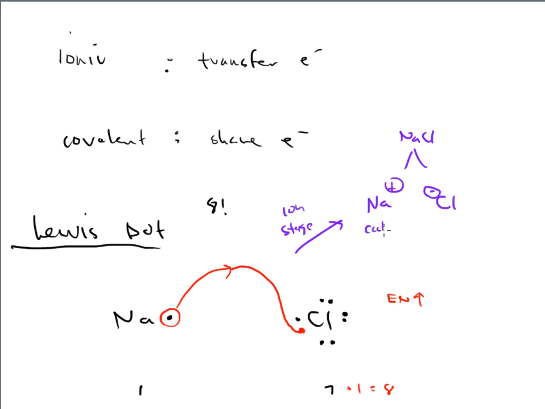Keep in mind that this positive one is called the cation, and the negative one is called the anion. So all of these terms are coming back, and I'm just kind of molding them all together at this point. So let's do another example, just so you can see that one more time. Let's say that we want to draw the ion stage, the balanced chemical formula, and the electron transfer between magnesium and